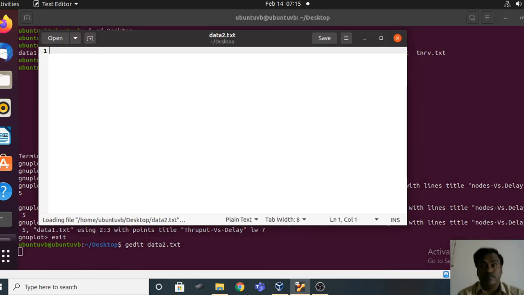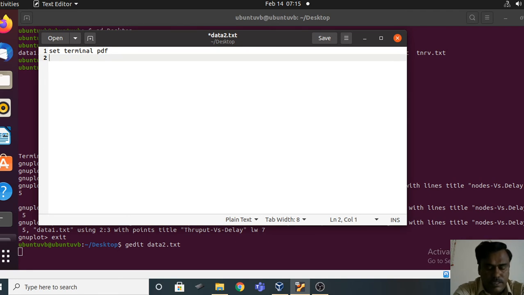So you can write the script here: set terminal. You can remember the name where you are writing the code, that is data2. Set terminal pdf, and then set output, space, file name. What is the file name you wanted to have when you plot the graph?